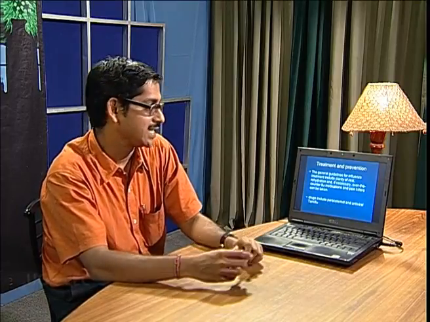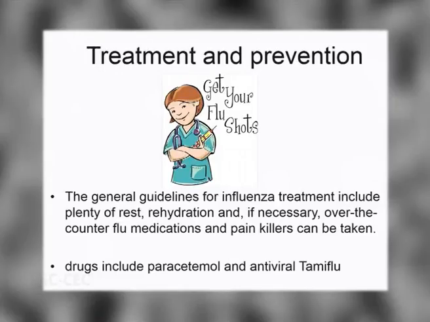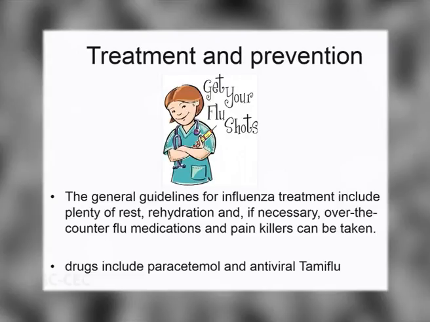The general guidelines for influenza treatment are to take plenty of rest, to take plenty of water so that your body gets rehydrated, and you can take some occasional painkillers. But it's better not to take any antibiotic in the initial days, because they might prevent secondary infection, but they actually don't kill the virus. Sometimes it's good to take an antiviral drug like Tamiflu, but only if it takes severe proportions. So if there is high fever, it's good to take medicines like paracetamol, which will bring it down. But the most important aspect we should all be aware of is